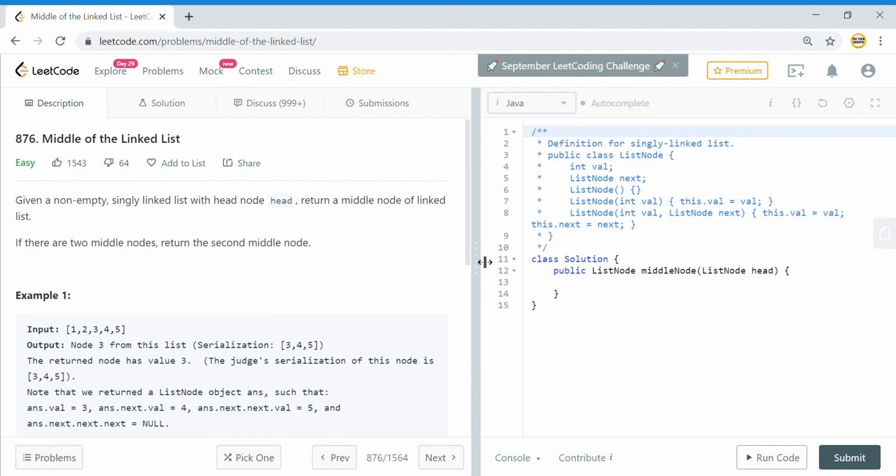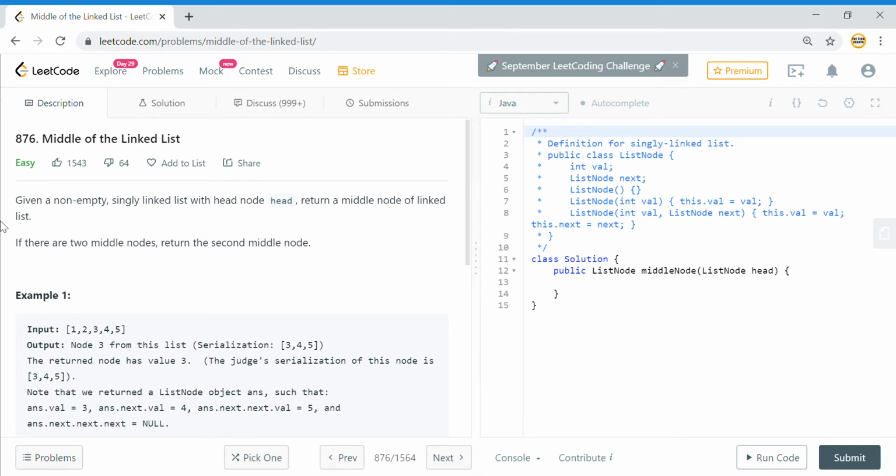So today we will solve another linked list problem, and this problem is to find the middle of the linked list. And yeah, it falls under the easy category, but we will see here how we will find the middle of the linked list without getting the length of the linked list or using extra space or anything like that.